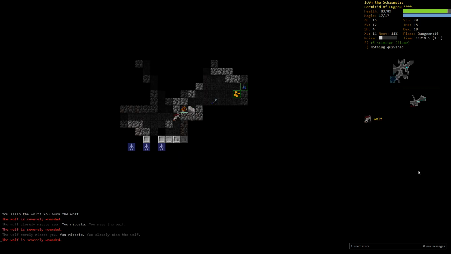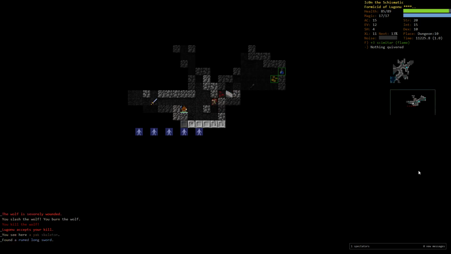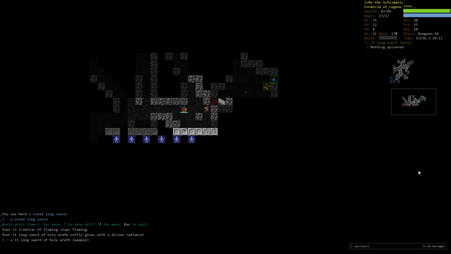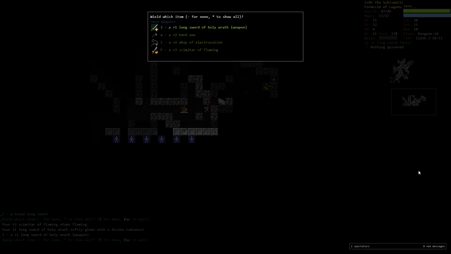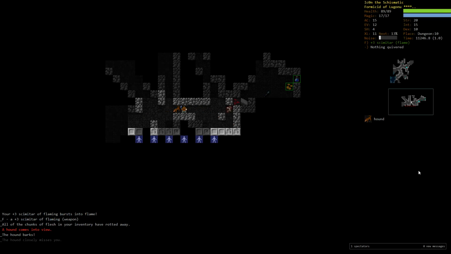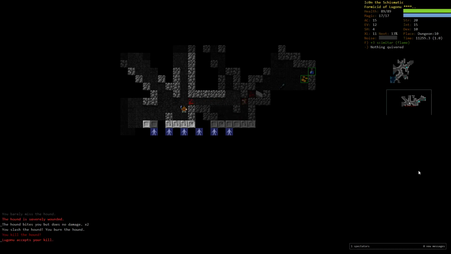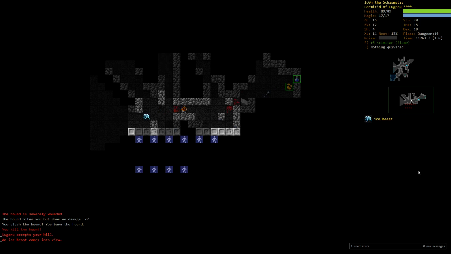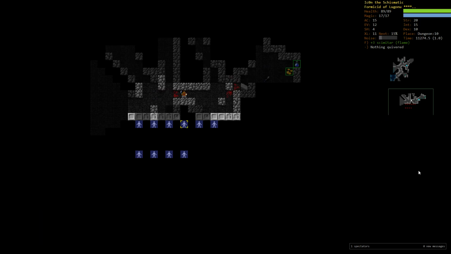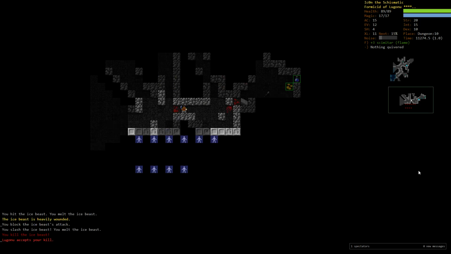with only 50% of my HP, because where there's one wolf. So there is a Rude Longsword, which is a longsword of Holy Wrath, and that's two good longblade options for us right now, because a longsword of Holy Wrath is very handy. And this looks like some kind of vault here, judging from all these enemies lined up